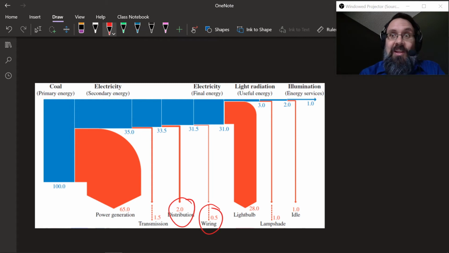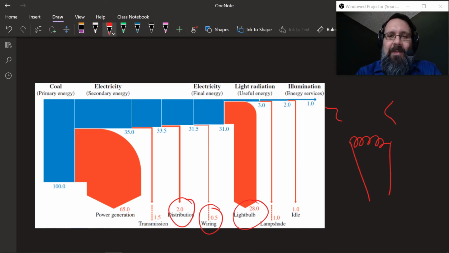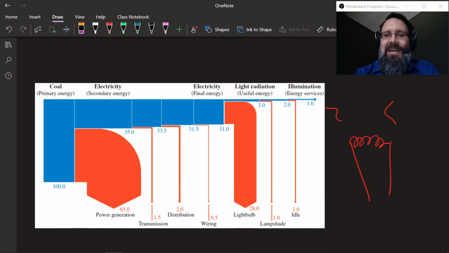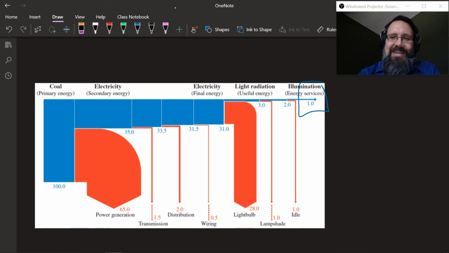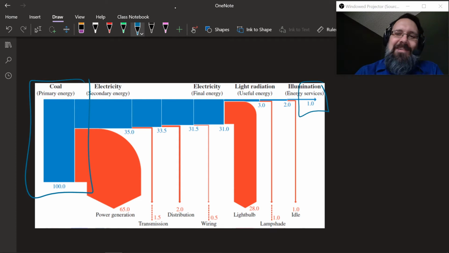And then when you actually turn on the light bulb, this is assuming you're using an incandescent light bulb, one of those old style light bulbs where they have the filament across them. 28% of that energy is lost due to heat in the filament. So only 3% actually is light that's useful. The lampshade's going to absorb a little bit of that, and you're also going to lose a little bit of energy just to it idling, and so you end up only getting 1% that actually goes into the illumination energy services. So this is a really sad thing because you're having to burn 100 times what you're actually getting,